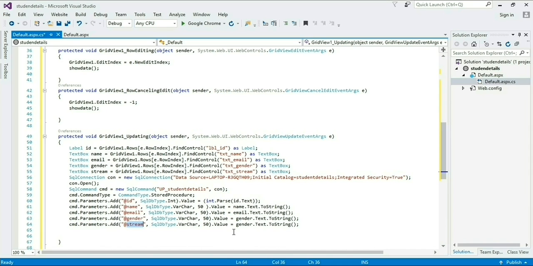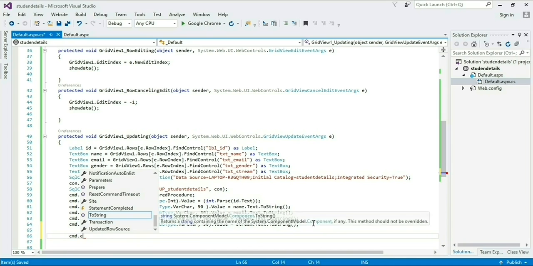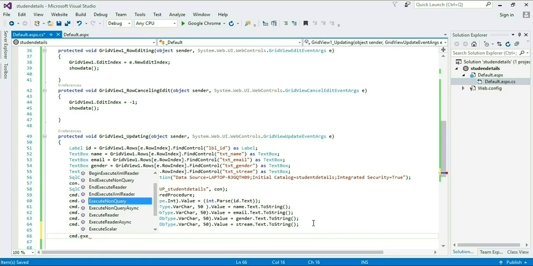Now I am taking stream.Text.ToString. This is the method to change the value of the text box to a string.